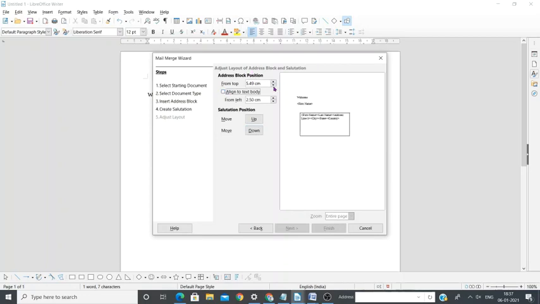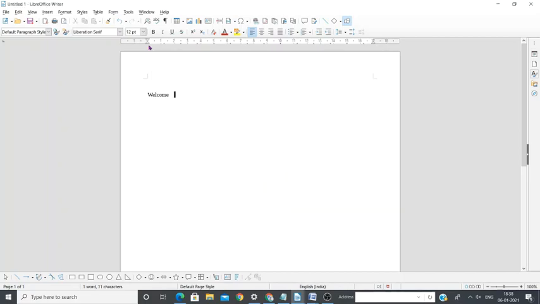Then you can click on the Finish button. The Finish button will appear, so you can just click on it. Then you can see the main document over here, and you will have a mail merge toolbar. In that toolbar you can click on Edit Mail Merge. Then another Writer window will open, where you can see all the names and as many mail documents as you have. Got it?